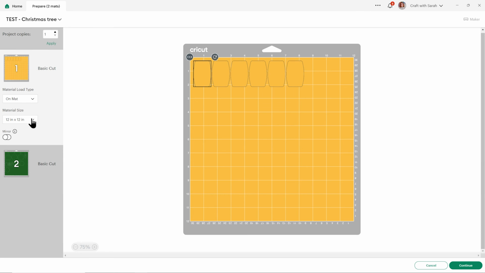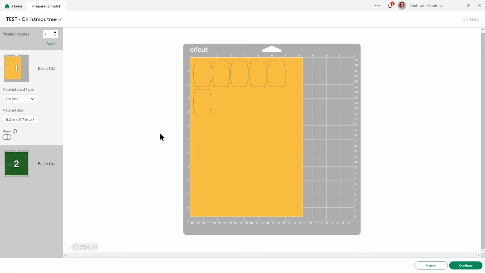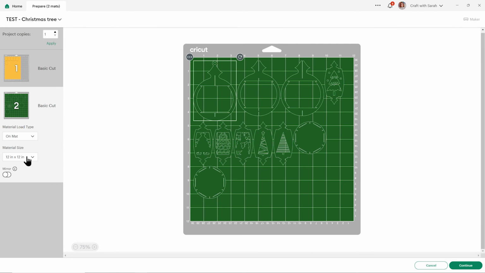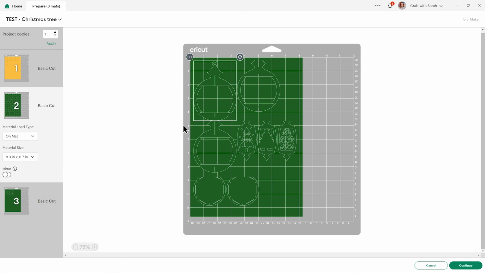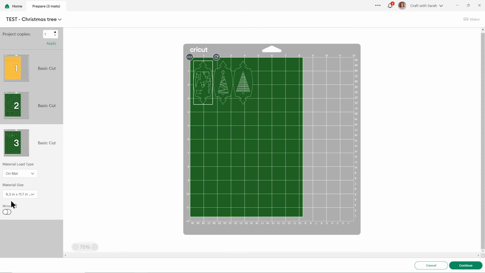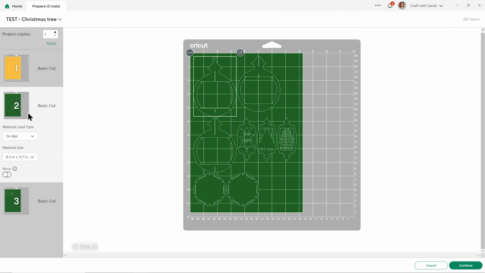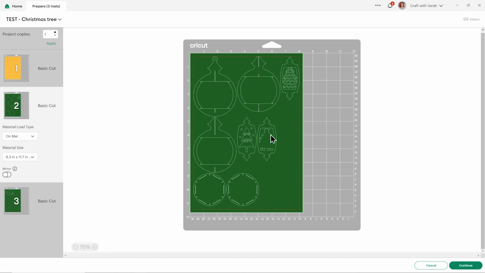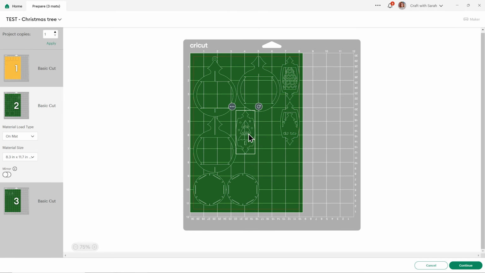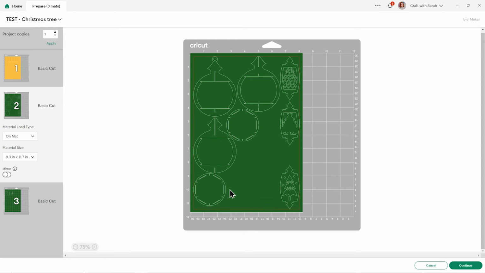And if you want to, you can change the paper size down in here and move things about. And I am also going to change the paper for that one. I think I can get all that onto one sheet of card. Let's have a play. Move those about. Make sure nothing overlaps, otherwise it won't cut out properly, but none of those bits are touching.